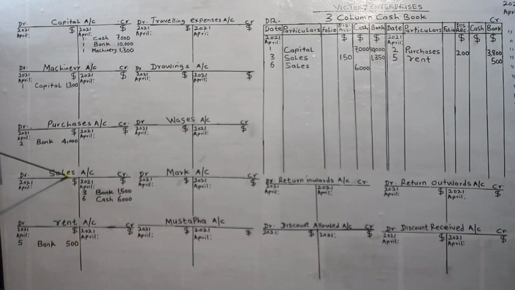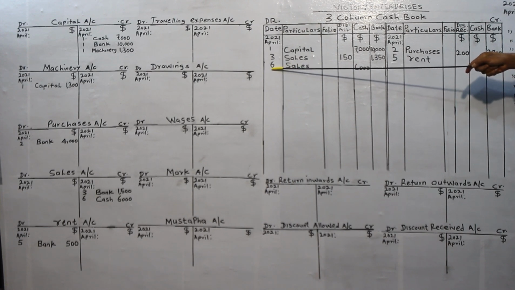We credit the sales account on 6th April 2021 for selling goods with cash of $6,000 and sending the money to the cashier. While the cash book or the cashier will be debited with $6,000 received as a result of sales on April 6th,